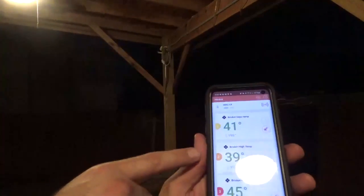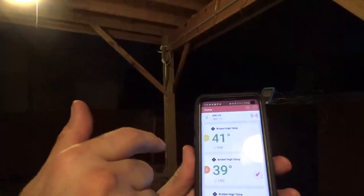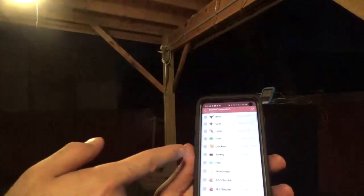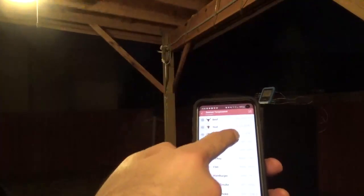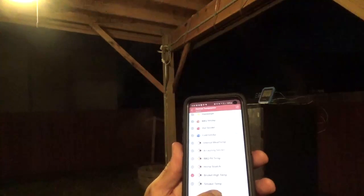I think that's better right there. So my meat probes 1, 2, and 3, I set them at 185. That's the temperature I want for it to alert me, right? The way I set that up is that it comes preset with all these different ones. You could also add your own preset